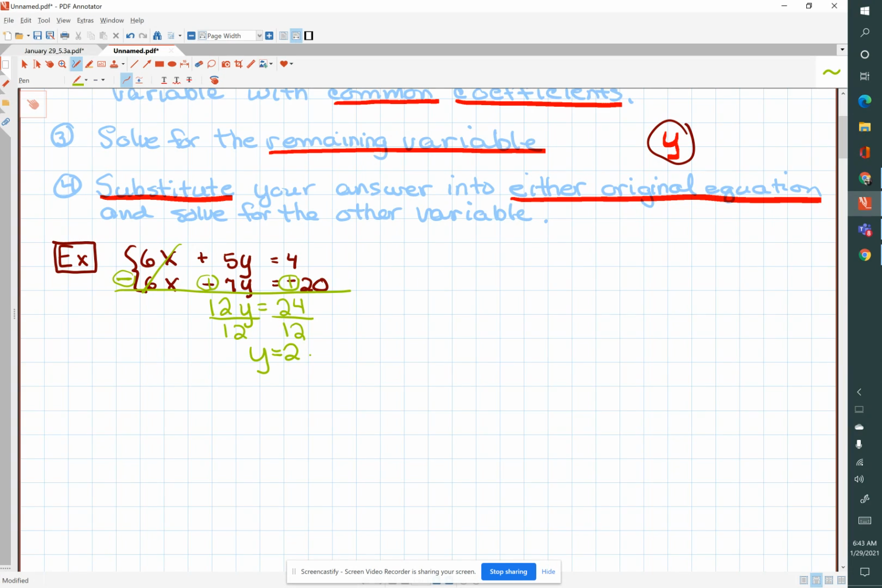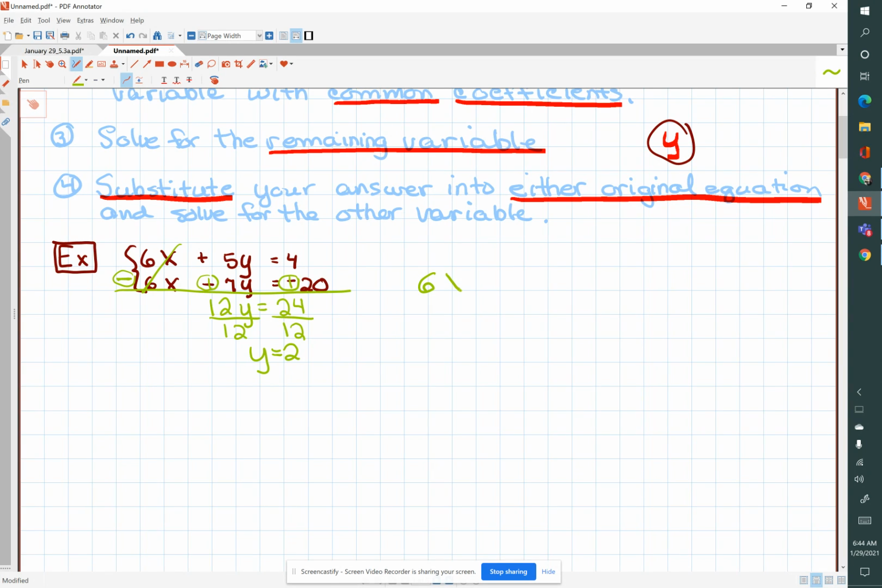Now we need to solve for the remaining variable. We're going to do step 4. We solved for the y. Now we're going to substitute our answer into either original equation. Now, take a look at those equations. It doesn't matter which one you pick, okay? You can pick the first one. You can pick the second one. I'm going to pick the second one, so I'm going to write